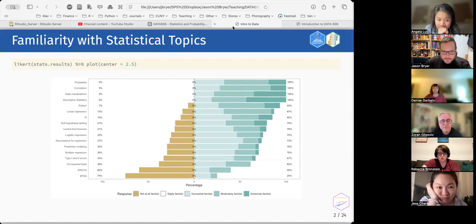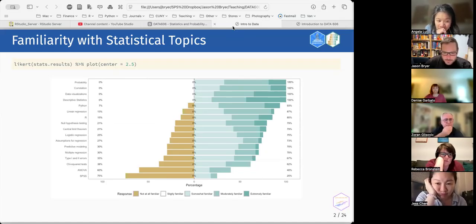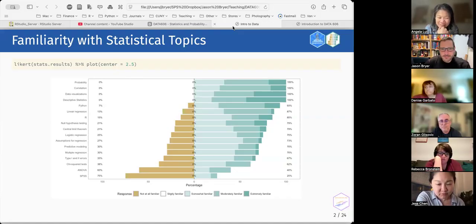We asked about familiarity. So everybody's somewhat familiar with probability, correlation, data visualization. This is all great. Descriptive stats, a lot of Python familiarity, some familiarity with R, which is fantastic. I'm glad SPSS is almost unfamiliar. That's a holdover. I've been using this survey for a very long time, and I've taught in social sciences, so